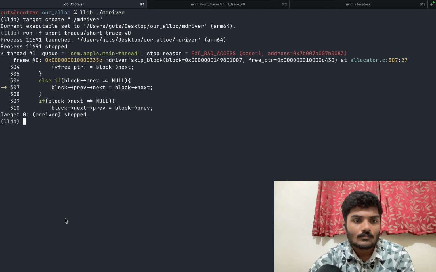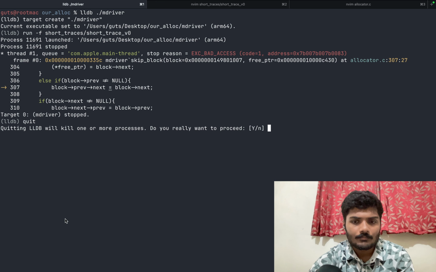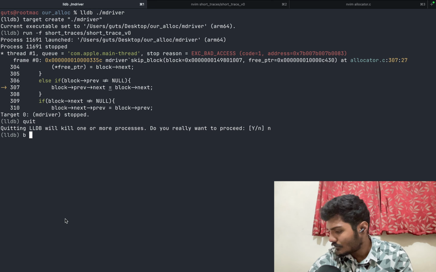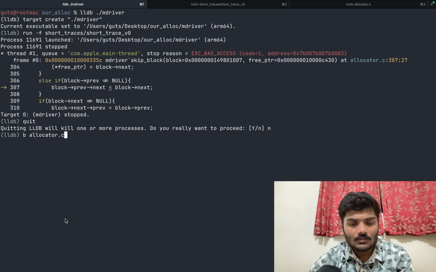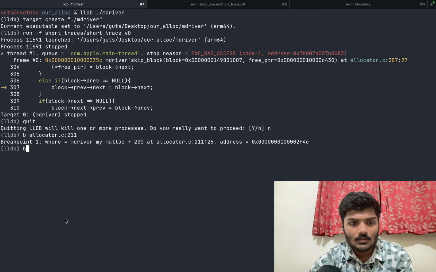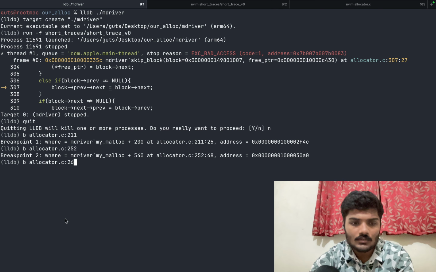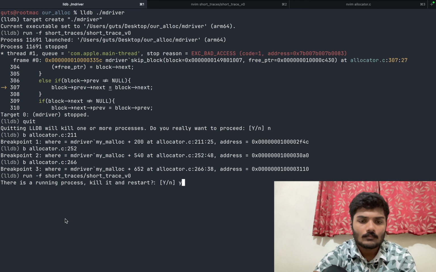Oh, I forgot the breakpoints there. Breakpoint at allocator.c 211, allocator.c 252 and then 266. When we run this again, we have